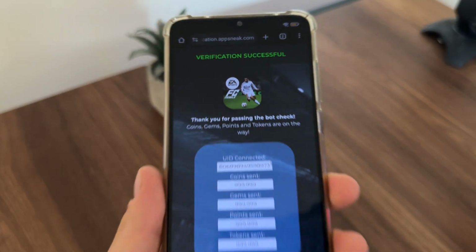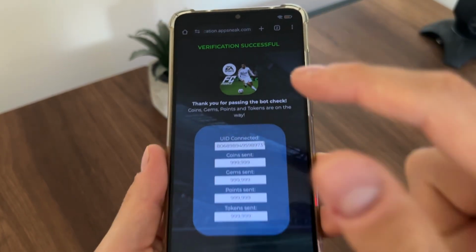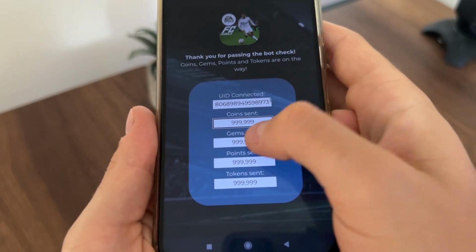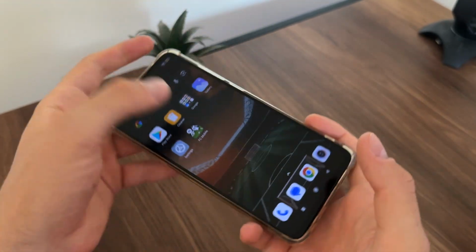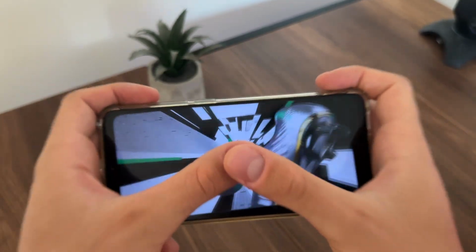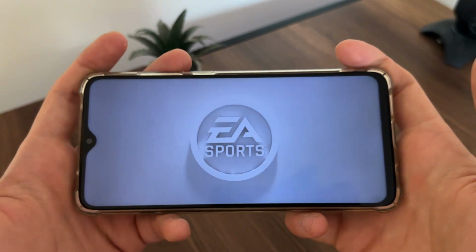So there we go, guys. You will receive just pop up like this and verification successful. As you can see, coins, gems, points and tokens are sent. So now we will open our FC Mobile and we will see does it actually work. So guys, let's see,